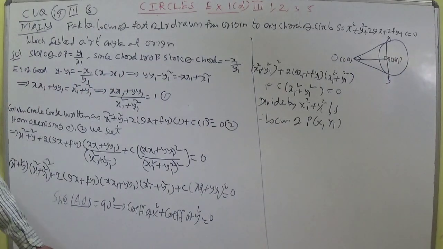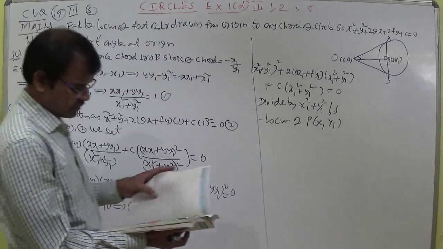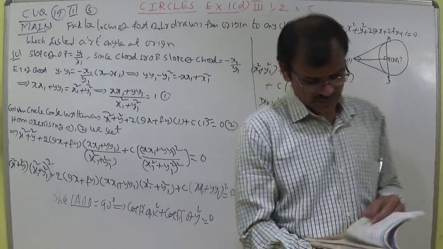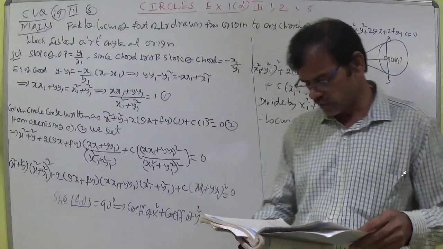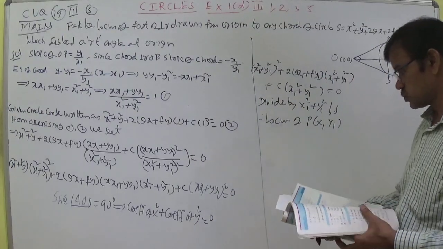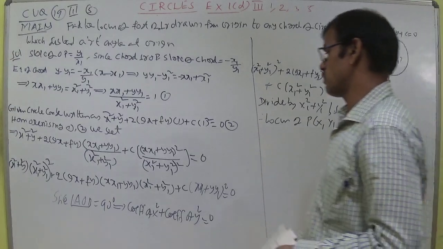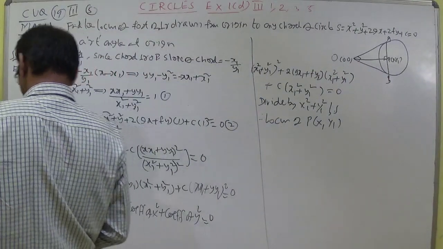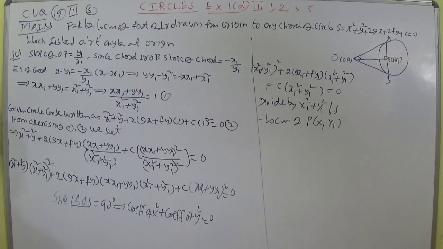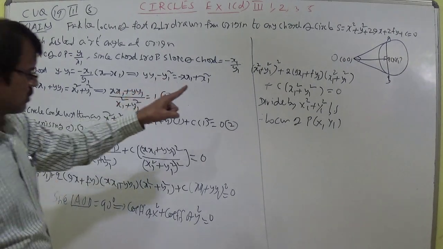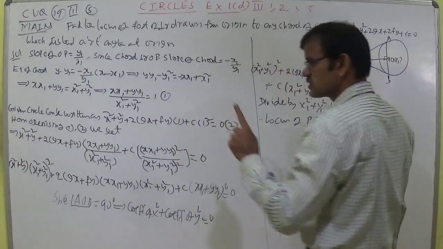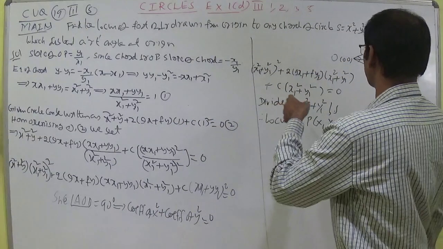2 into x square we get. Just wait for a bit. The answer I know. 2 into x square plus y square plus 2gx plus 2fy. 2 into how will be getting x square plus y square. X square coef is there. Of course, coef of x square, coef of y square separately we should write. X square coef and y square coef. Now separately we should write. X square coef x1 square plus y1 square is there and y square coef is also there.